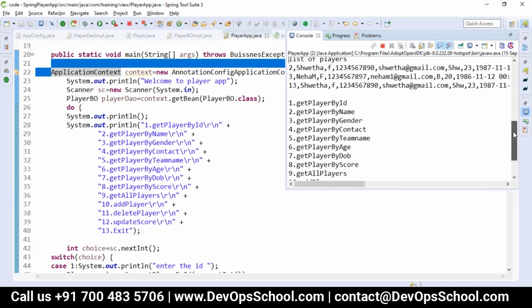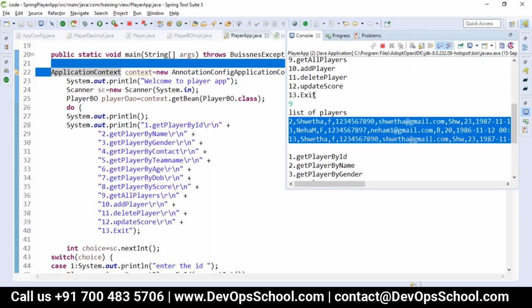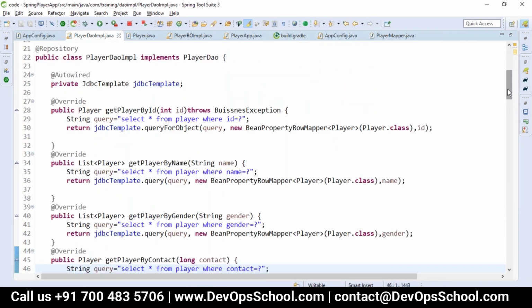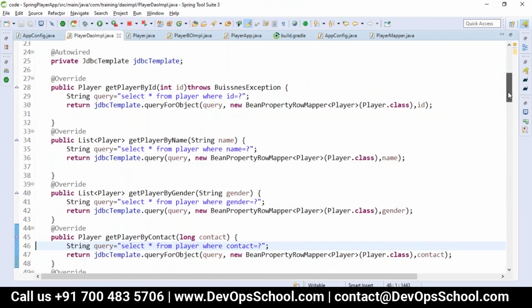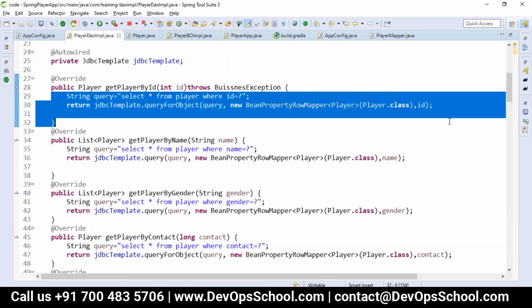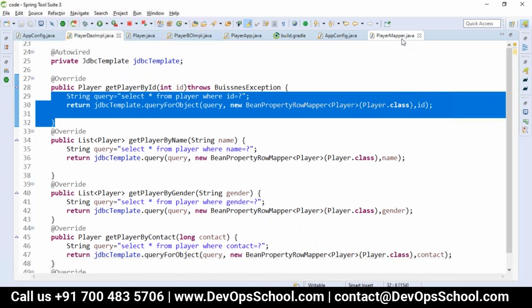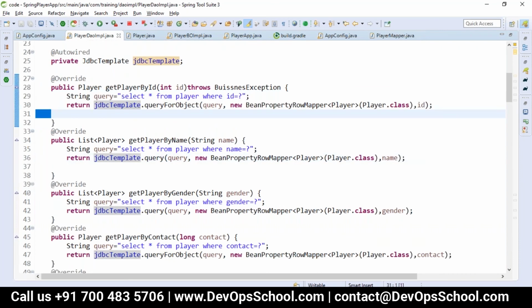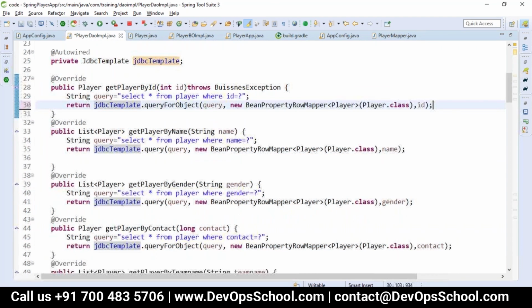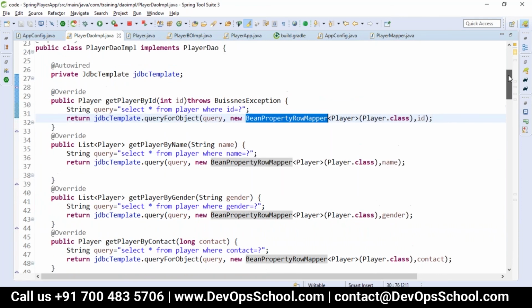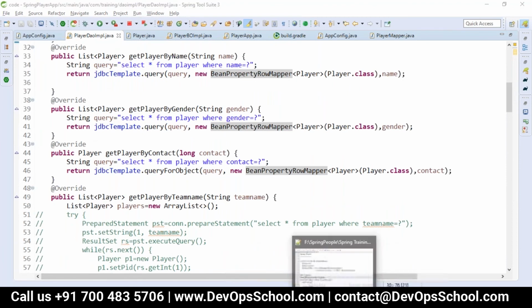Okay. So only the development effort is reduced, and we have done it with the Spring JDBC module. It reduces a lot of development effort, as you no need to map each and everything. We can make it a row mapper and reuse it, like a player mapper, or if you have all the properties, you just do the mapping with the bean property row mapper. So that's how you do it with Spring and Spring JDBC.